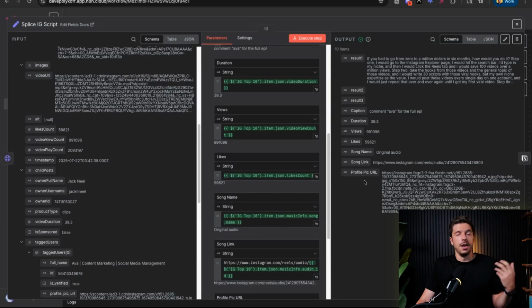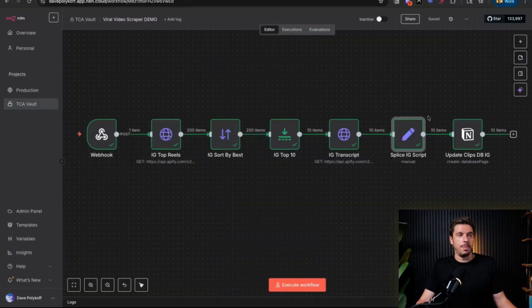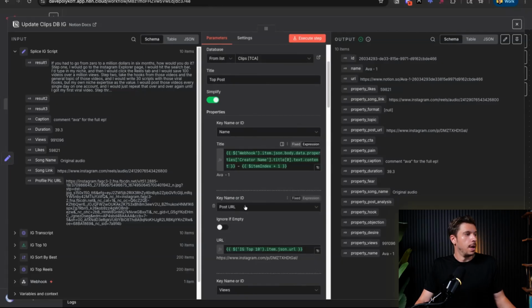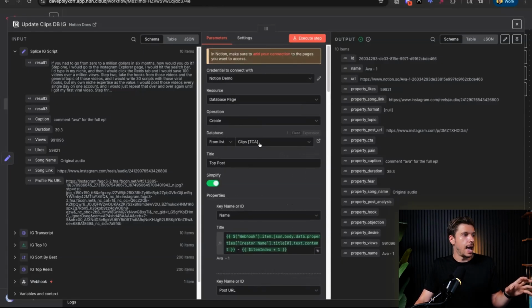And then this is where that profile URL comes in. We're also taking that profile picture URL. We're going to use that in the next step, you'll see. So finally, the last step is that we are sending this information over to our clips database. So if we click into that, the database that this is sending information to is the clips database. And you can see here everything was passed along. All that information is being added into these fields. So if we go back into here,